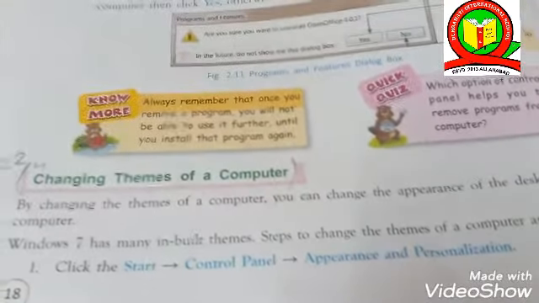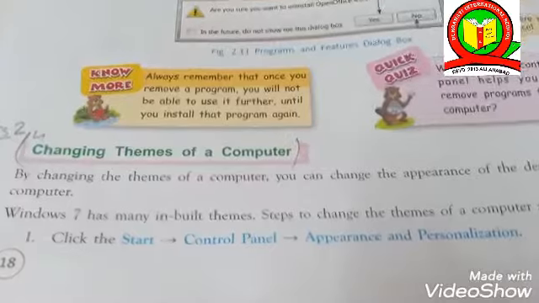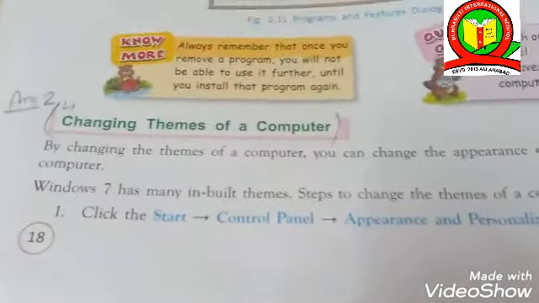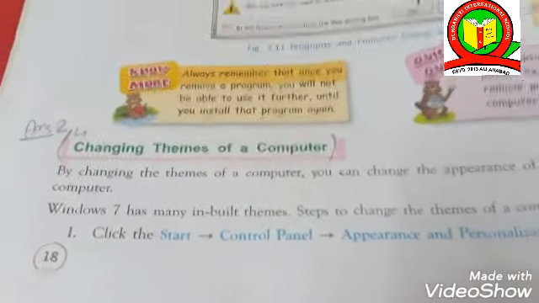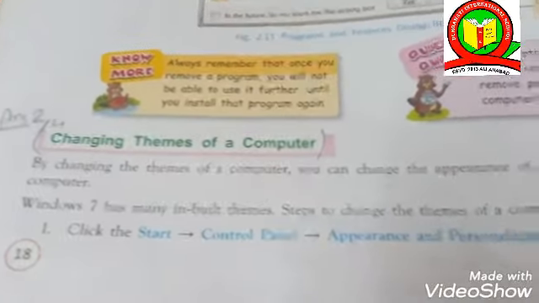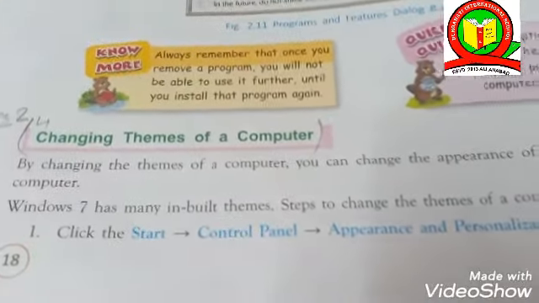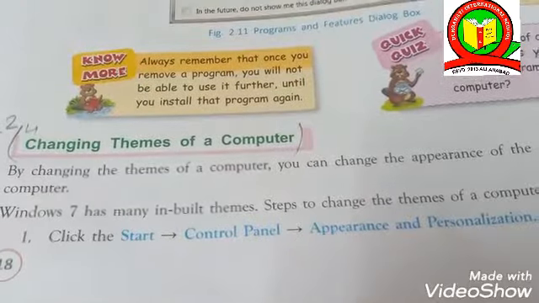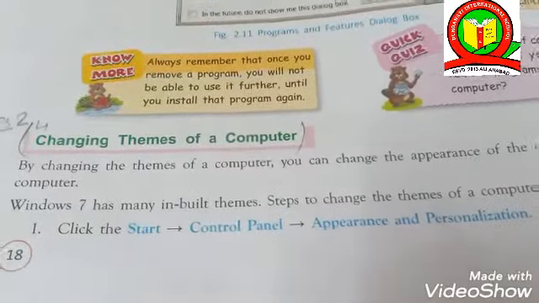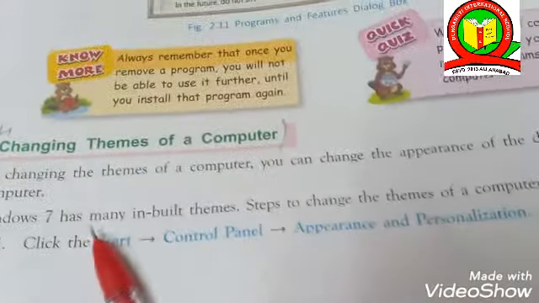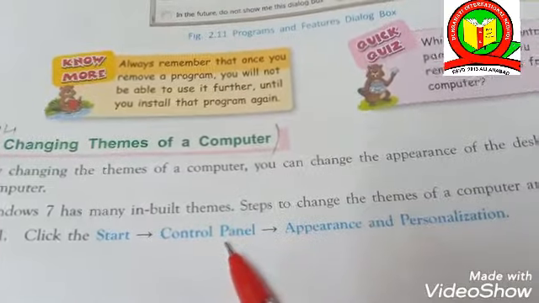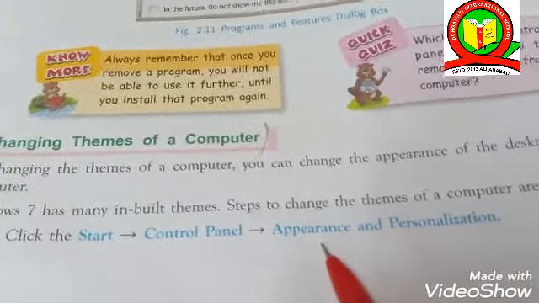So students, when you are bored of seeing the same themes on your computer again and again, you want to have some different themes. So what you will do, you will change the theme of the computer. So how can you change the theme of your computer? Let us learn. So first of all, you have to click the start button and then control panel, then appearance